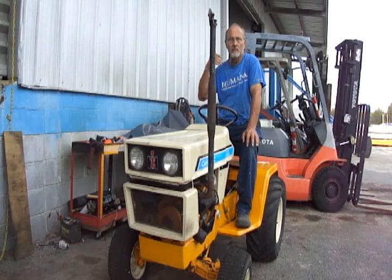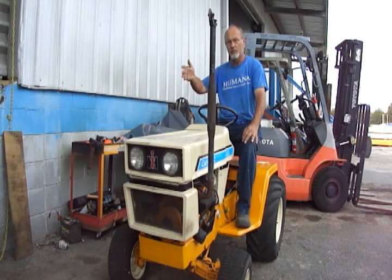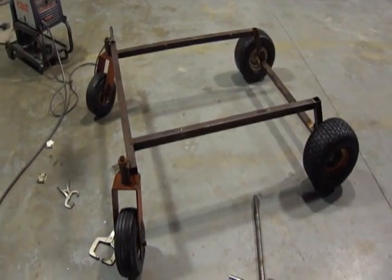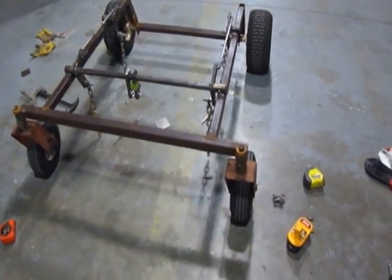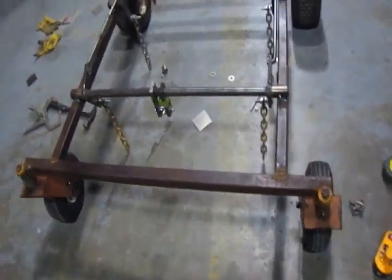But where we're at now with it, I started the process of cutting the frame up, got the wheels laid out, got everything laid out. Now I've got the frame welded up, looking halfway decent. All right, this is many hours later to get to this point. What I've done now,